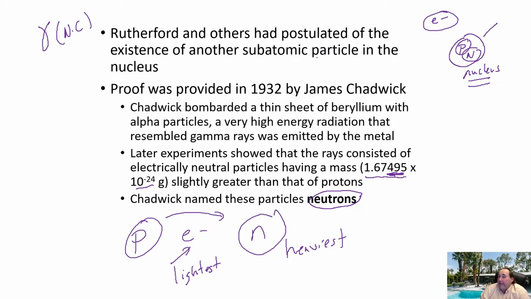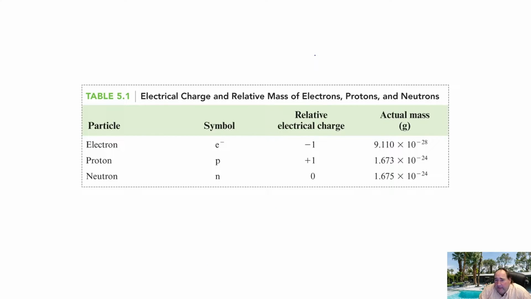in the atom. So again, that reinforces the idea that was thought, that most of the mass of the atom is actually made up of the nucleus, which contains basically the heaviest two of the three particles that make up an actual atom. Here is a table from your book there of our three particles. And again, you can see our electron to the minus 28 and our neutron, again, just barely beating out the proton. Again, got to take it to several decimal places, but just slightly beating it out.